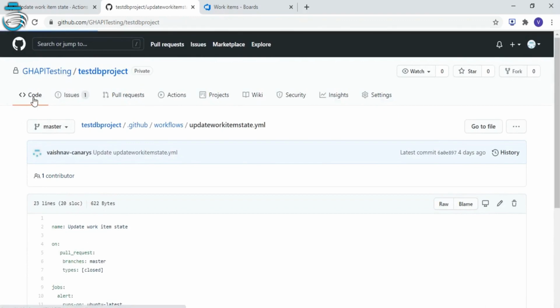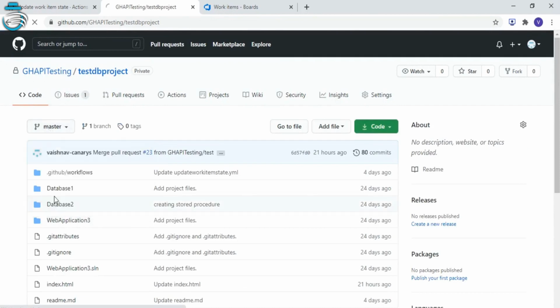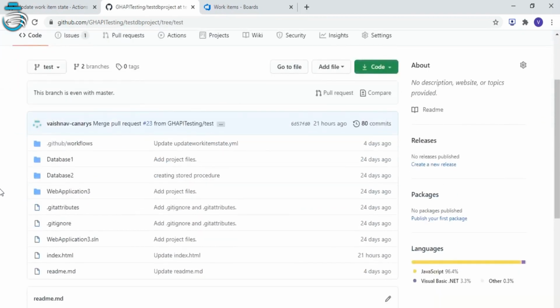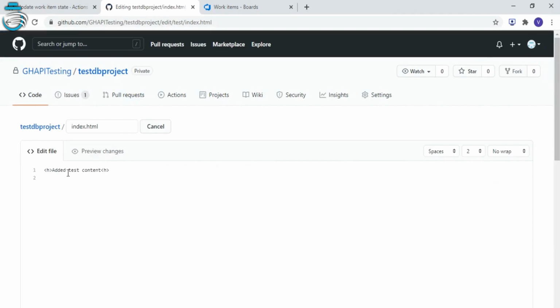Once you have added the action, let's go back to your repository. Now I'm going to create a new branch and add a sample change, then merge this branch into master and trigger the action. So I'm just going to add a change to a sample file.